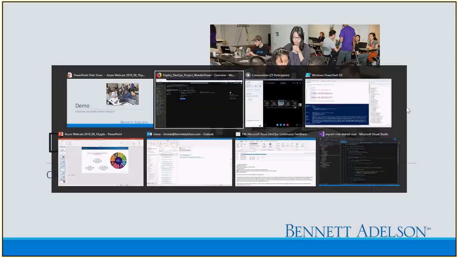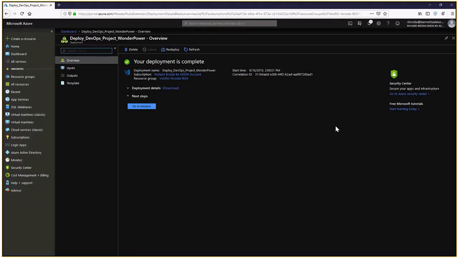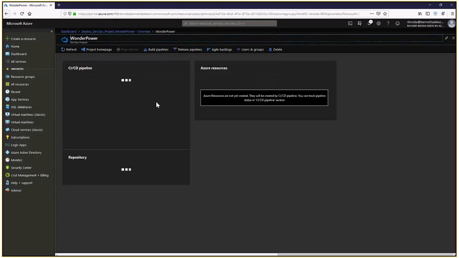So I'm going to go back and show you where we are in terms of this development project I've started. It's saying here that the deployment is complete. Now, what that really means is that my Azure DevOps part of this is done. I'm going to click where it says go to resource, and you'll see that when this refreshes, I'm going to get two